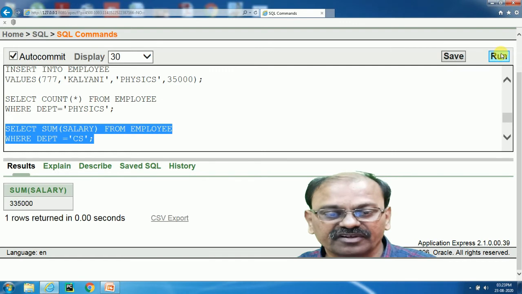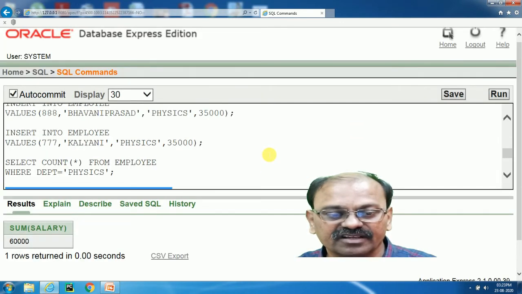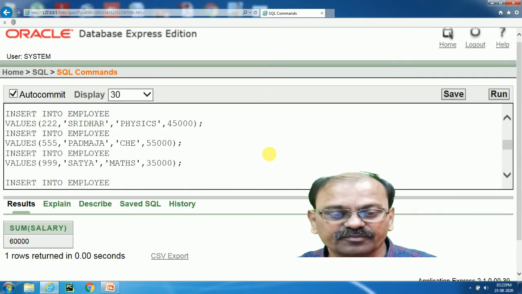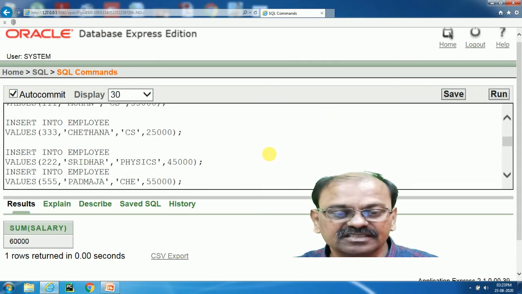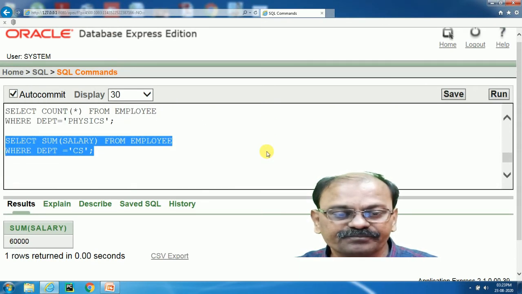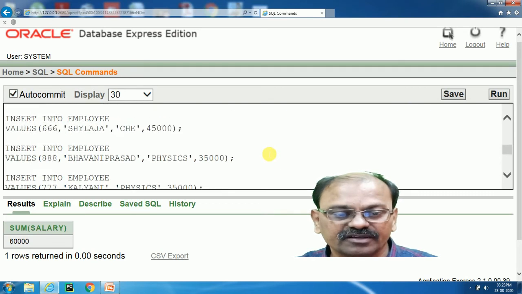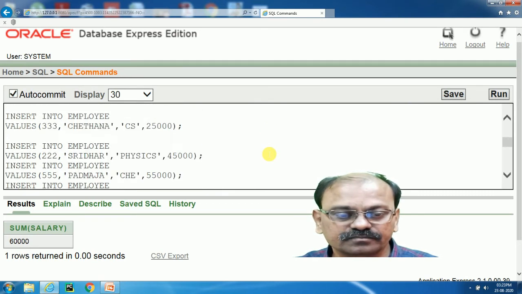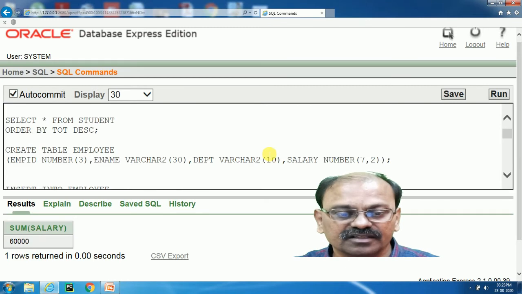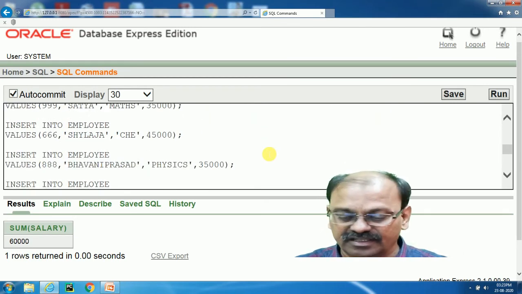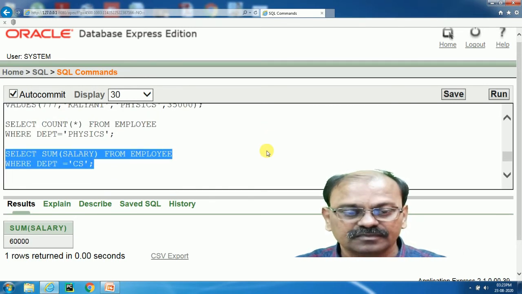60,000. We want to see how it is coming to 60,000, so we can check this. When I simply say SELECT star from employee, there is an employee table, no? Let me type it.